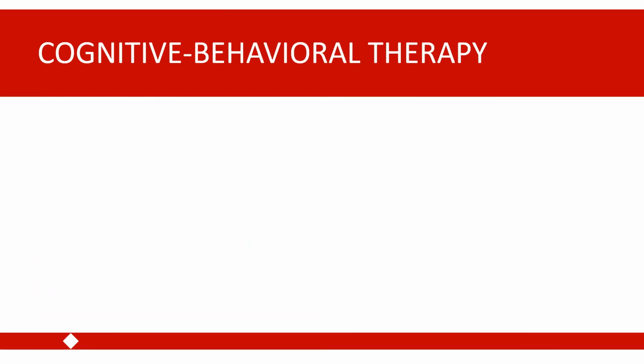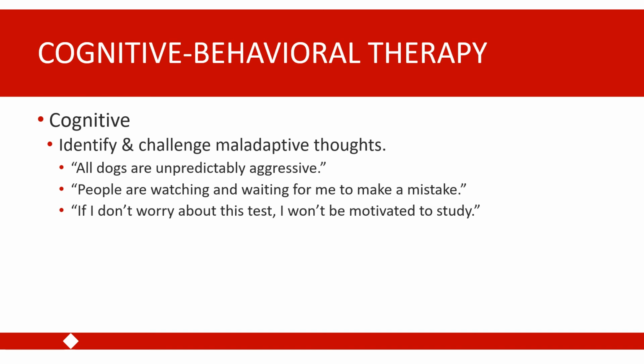We're going to finish up by talking about cognitive behavioral therapy, and as you might guess from the name, in cognitive behavioral therapy, we're combining these exposure-based elements of behavior therapy for anxiety disorders with the same kinds of cognitive components that we saw in cognitive therapy for our other disorders. So the C in CBT for anxiety has to do with helping individuals identify and challenge their maladaptive thoughts.